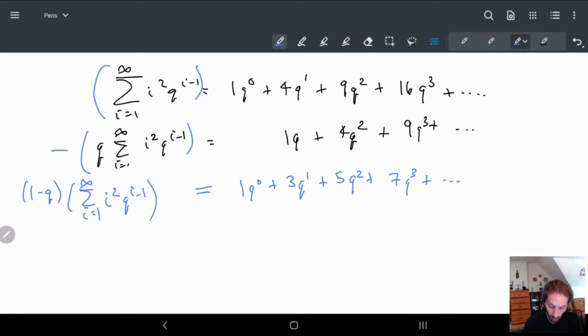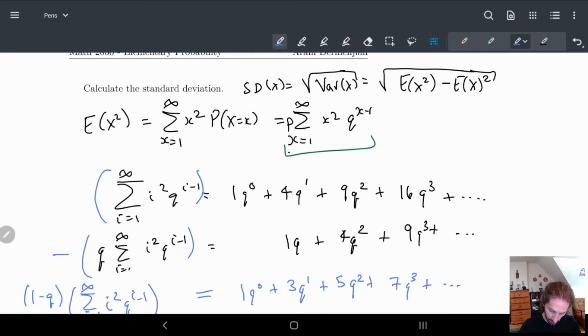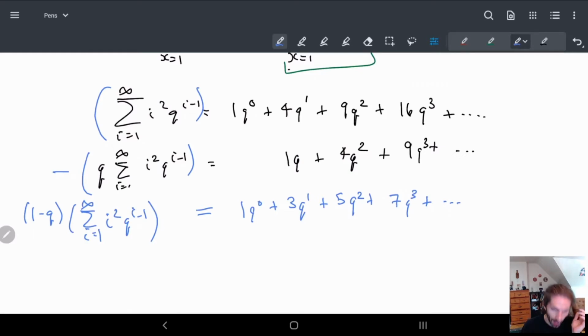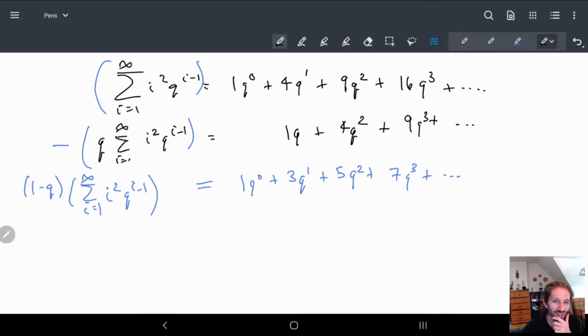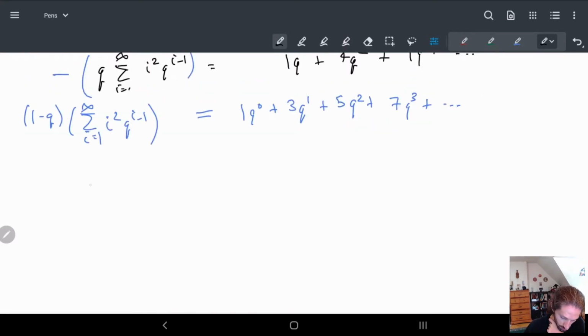Okay. What do we know? Well, we want to get rid of almost everything, but not everything, right? So what are the formulas we know? I already have the answer because I did this before. So this should just be equal to... I'm trying to see whether, yeah, so, okay, how do we do this? One of the things I'm going to notice is that I'm missing all the even ones, right? So if I recall this formula, I times q to the i minus 1, this is just equal to